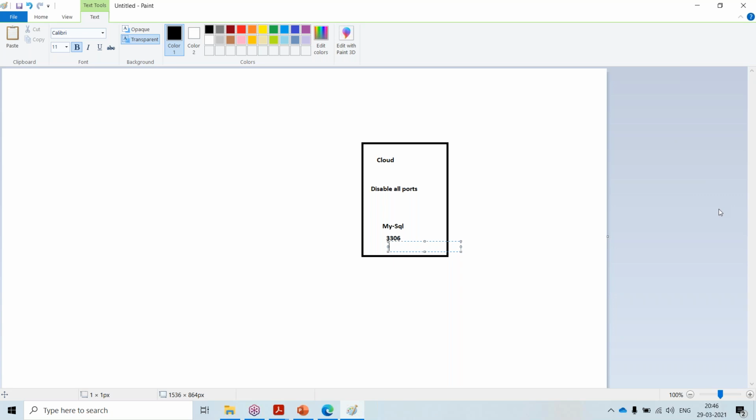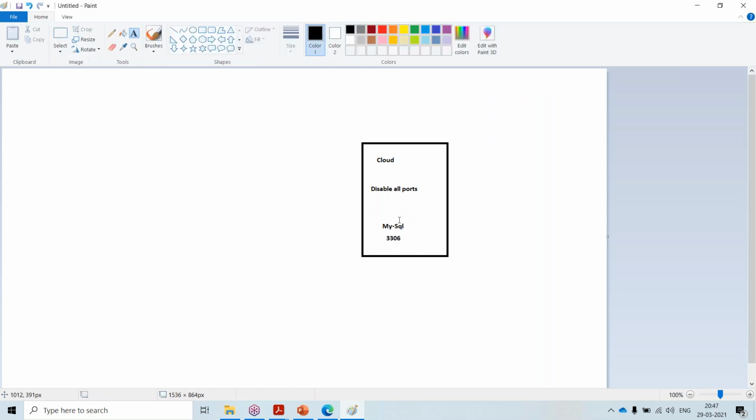Even if it is wrong, not an issue, I will correct. In PuTTY, we configure SSH. Yes, correct. Every system will be connected via one port. Let us assume any service or application will have one port, and using that port only, you will connect to it. If you see MySQL, its port is 3306.